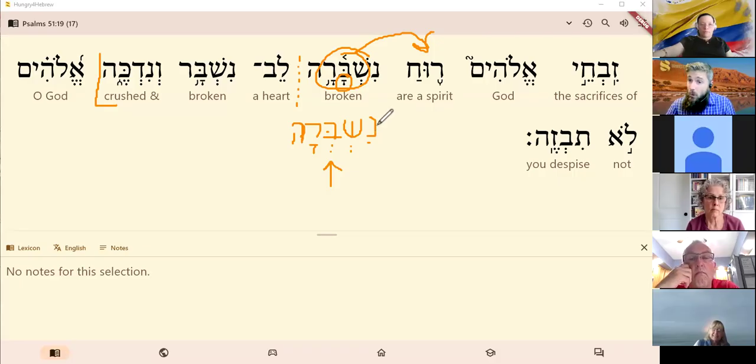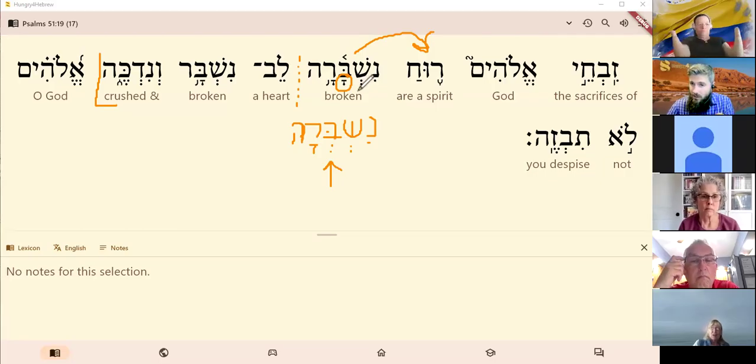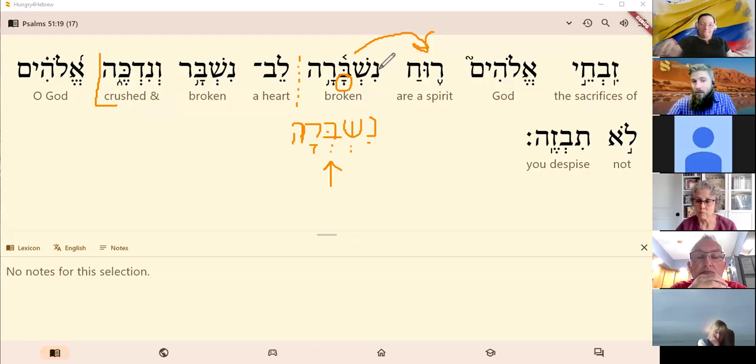Shatter. That's it. To break. Well, it's not to shatter. That would be piel or pual. Here it's in the nifal. So it's just like, oops, it's broken. As opposed to breaking it, shattering it, something like that, which is more of an intensive verb when it's in the piel and pual. And so a spirit that's in the nifal, it's like a spirit that is or has been broken,